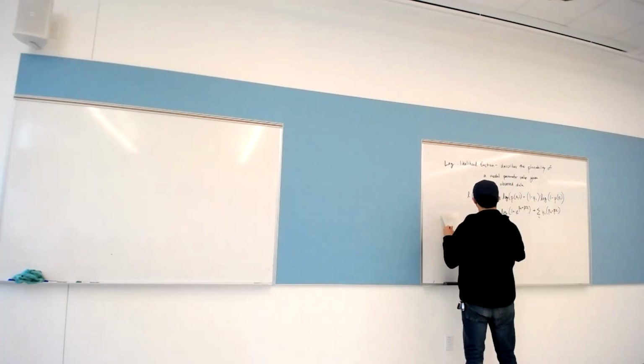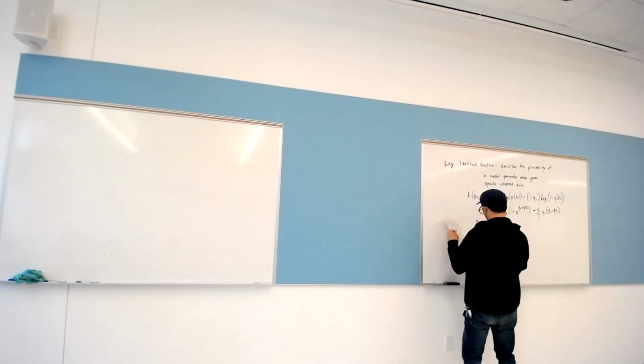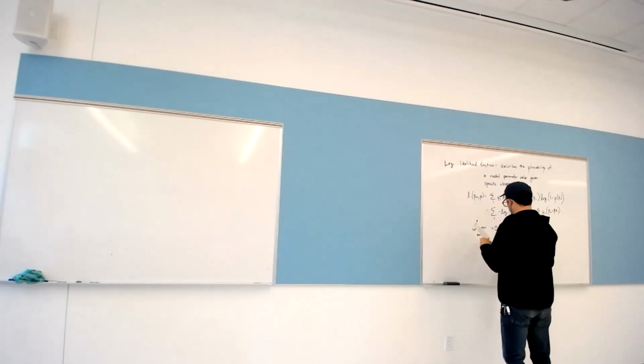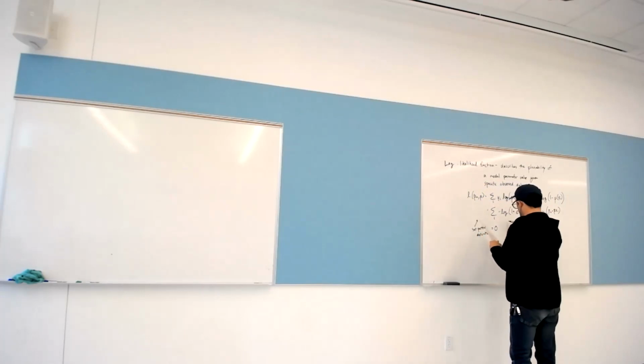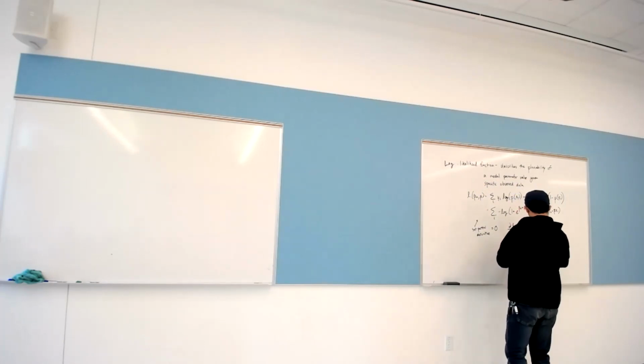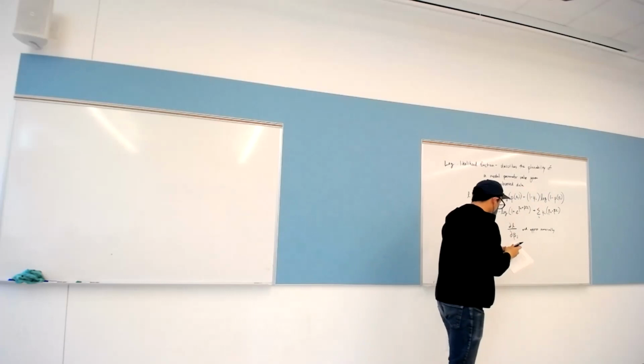So the way that you solve for this is you set the partial derivative equal to 0, and approximate numerically. Okay, so